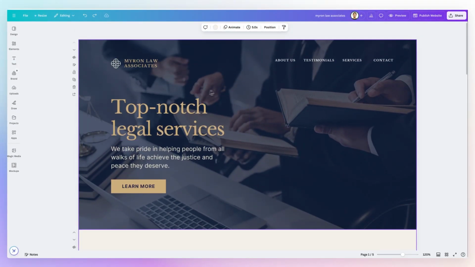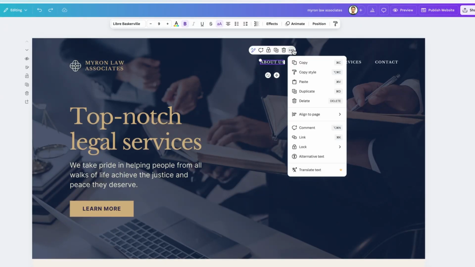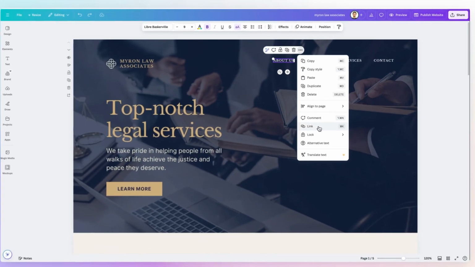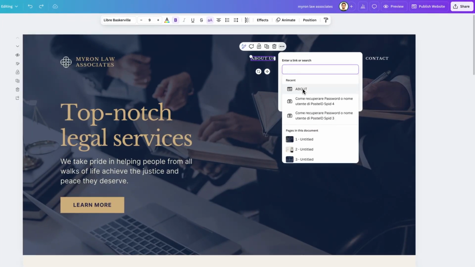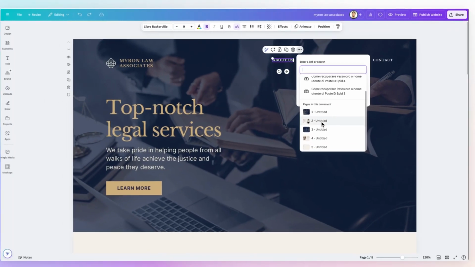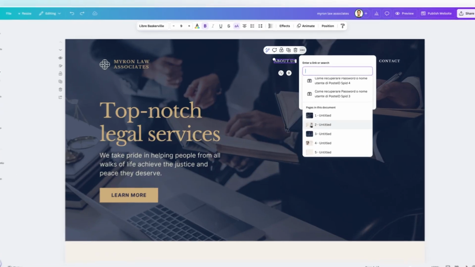We're going to click, for example, on About Us, click on More, and you're going to notice that we have this link option, which you can prompt using the keyboard shortcut Command plus K. And once we click on it, you're going to see pages in this document, and we can see that we have the second page right here. Now it's untitled,